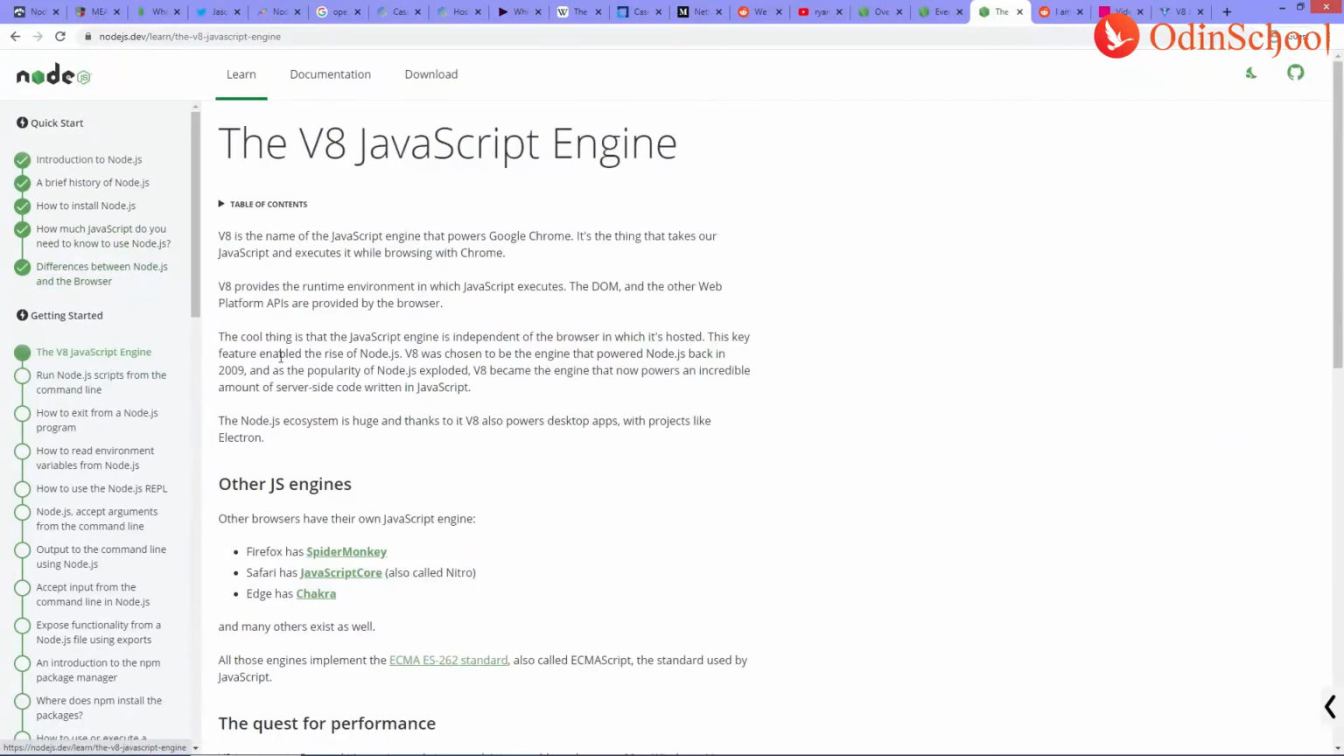Oh, here it is, the V8 JavaScript engine. V8 is not the only JavaScript engine. There are other engines as well. Firefox has SpiderMonkey, Safari has JavaScript Core, Edge has Chakra. There are many different JavaScript engines, but if you've used a couple of browsers, you would know Chrome, even